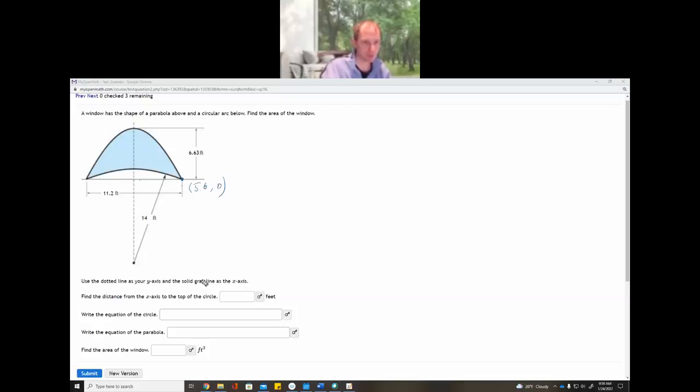And that should be fairly helpful, right? Okay. The first question on here is: find the distance from the x-axis to the top of the circle. Okay. So what we want to do to begin with is see if we can find